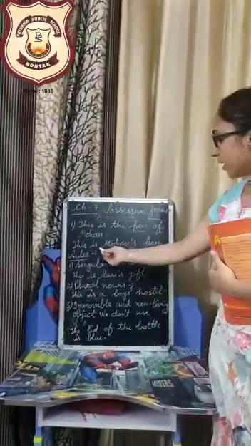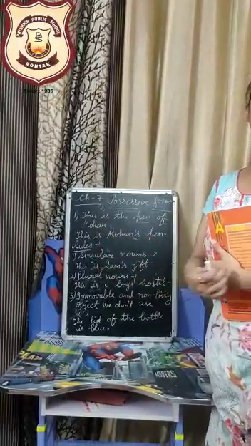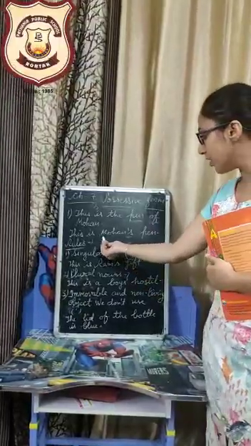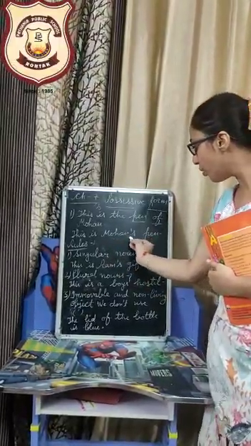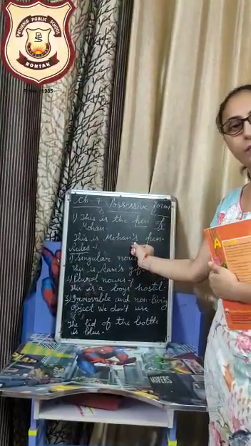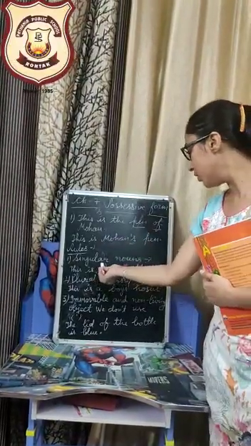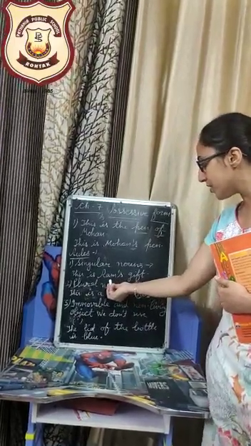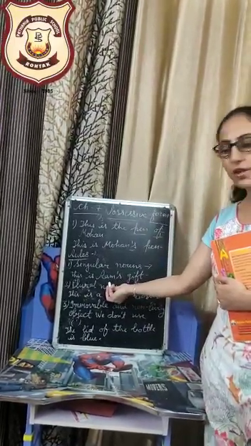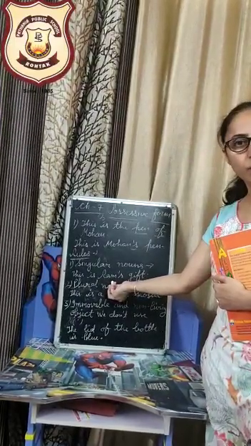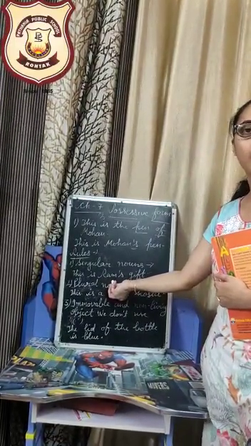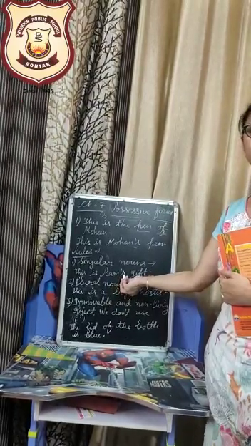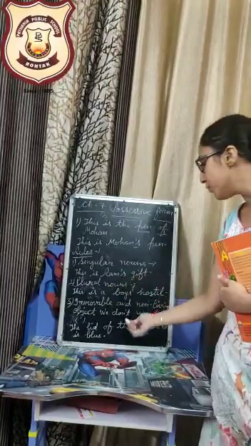Okay. Now here are 3 or 4 rules of framing the apostrophe s. Beta, if a noun is singular, then we put apostrophe s after the noun. For example, singular noun, this is Ram's gift. We are putting apostrophe s after Ram. But if a noun is plural, then what we will do, after that plural noun, we will put just a comma. We will not add any s there to show the possession.